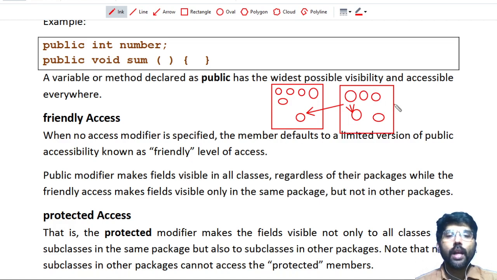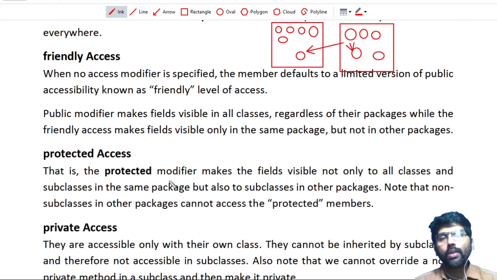Now, in the last classes, whatever variables as well as methods you created have friendly visibility. The reason is we are not specifying any keyword like protected, public, or private. No keyword is specified, so all those members become friendly, which is available in the classes of the same package.